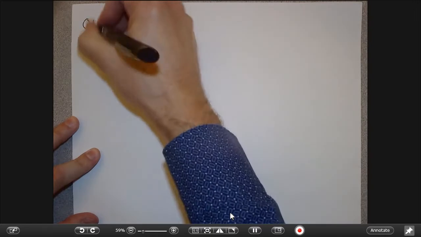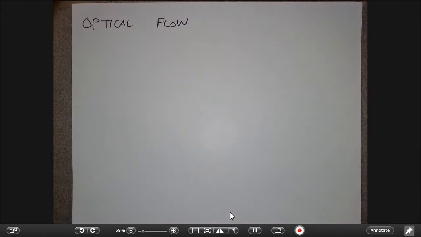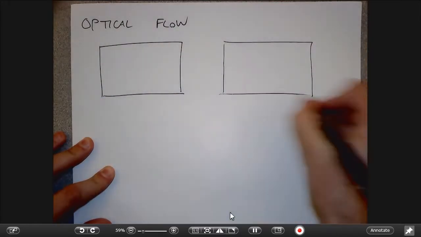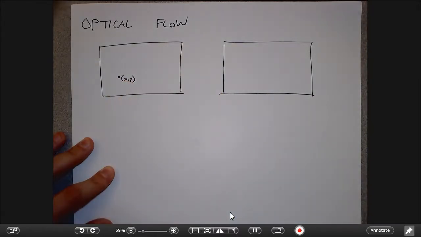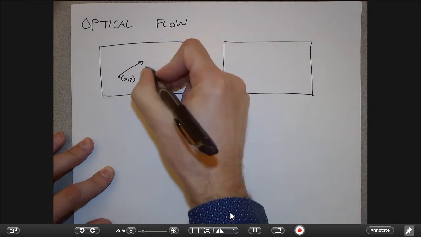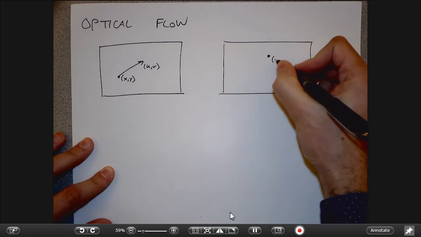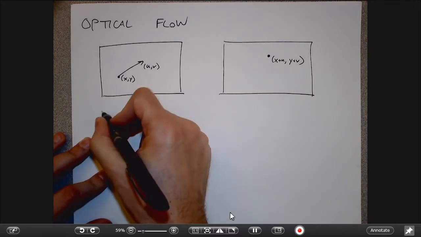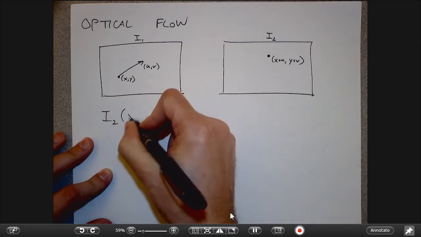But first of all, let's talk about what optical flow means. Remember that the theme of this chapter is what I would call dense correspondence. For every pixel in image 1, we want to know where that pixel goes in image 2. That's like saying that at every pixel (x, y), I have a vector, let's call it (u, v), that points to some other location in image 2, which is at point (x + u, y + v). And the idea is that if this is image 1 and this is image 2, then image 2 at this location,